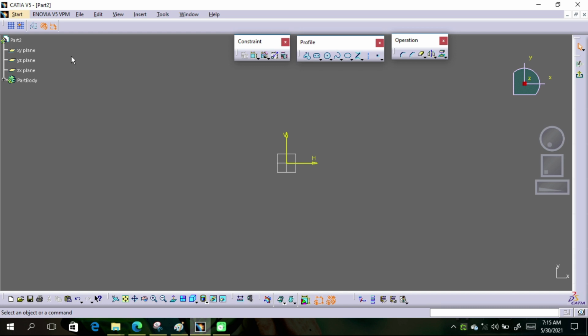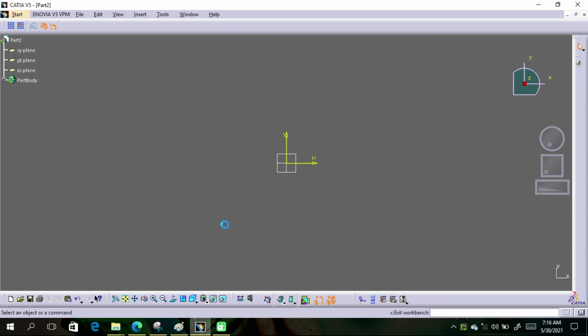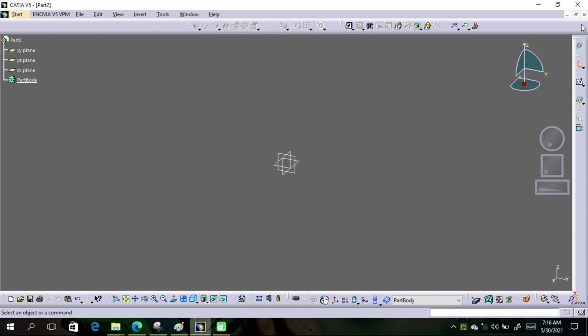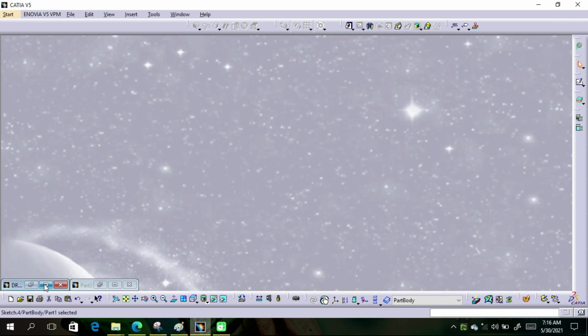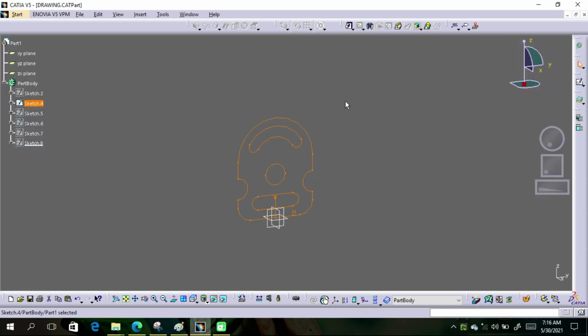So let's learn how to navigate in Sketcher. I'm going to show you another example file to navigate because this Sketcher file is blank. Just exit the workbench and minimize it. I'm going to maximize another example file. In this example file I have multiple sketches, but all sketches are hidden, only sketch 4 is visible. So just double click on sketch 4 to open this sketch.